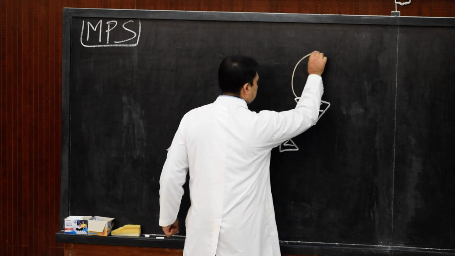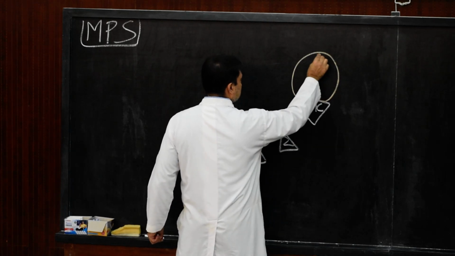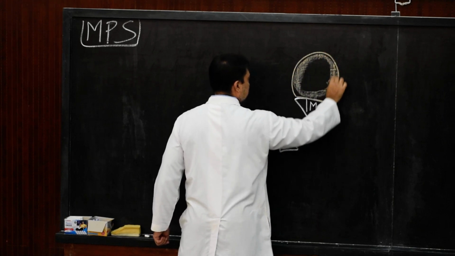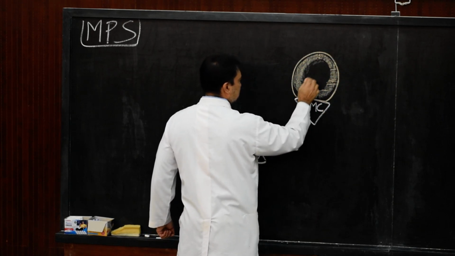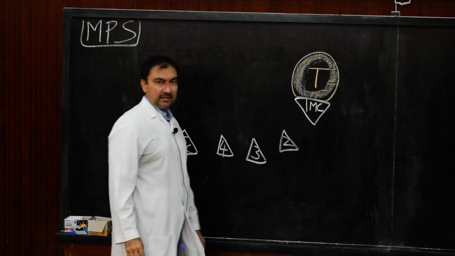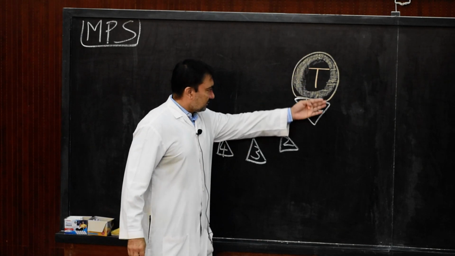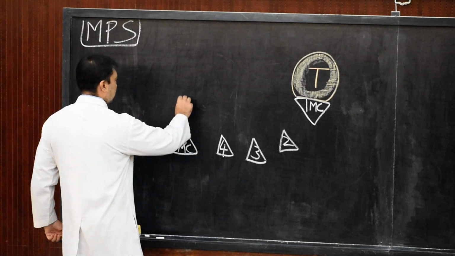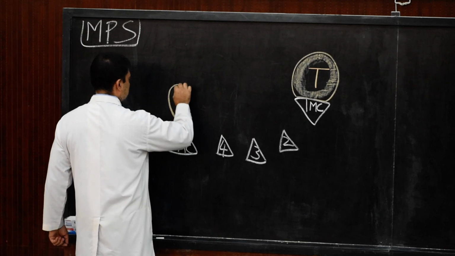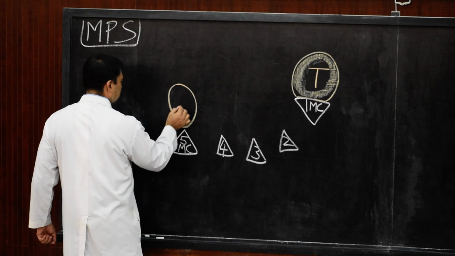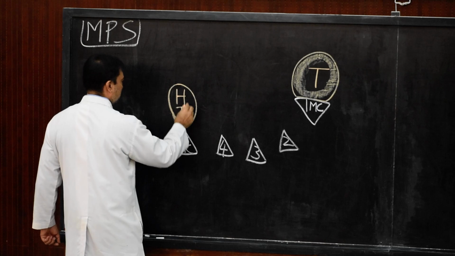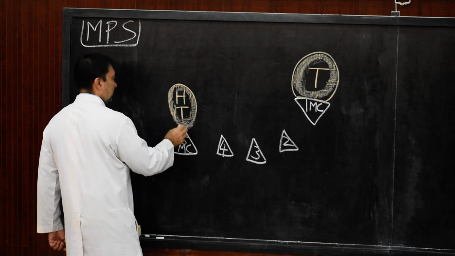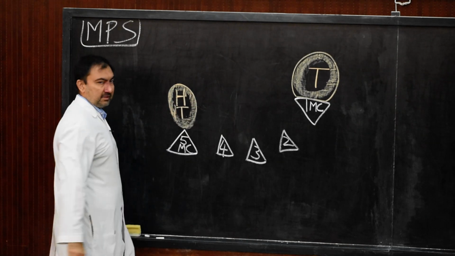Now we will show the presence of the thenar group of muscles. This is a section, so we draw the thenar group of muscles on the first metacarpal bone. These are the thenar group of muscles, and I will write T here for thenar group. This entire structure is a cross section of the thenar group of muscles on the first metacarpal bone. Coming to this side, this will be the hypothenar group of muscles on the fifth metacarpal bone.